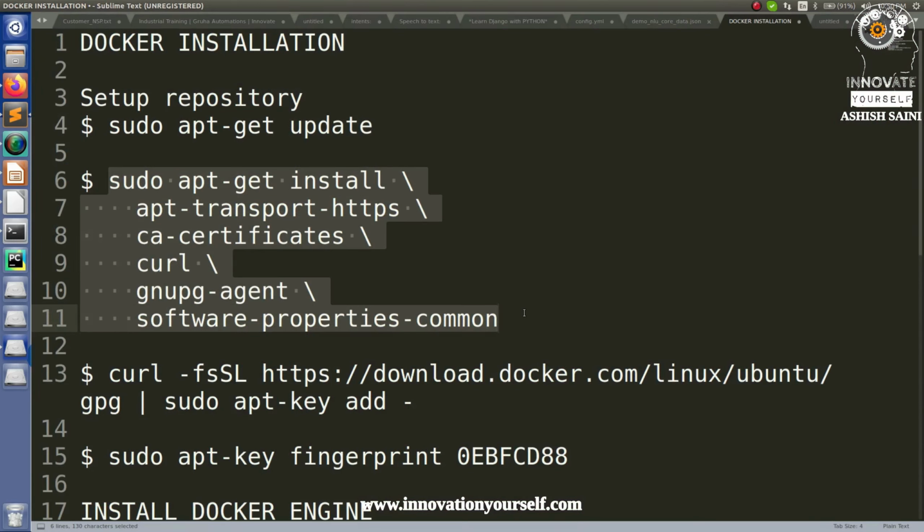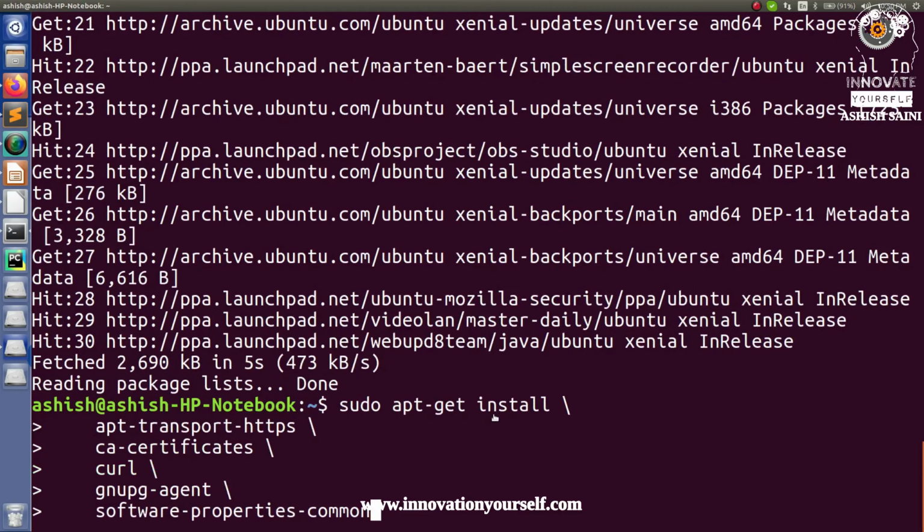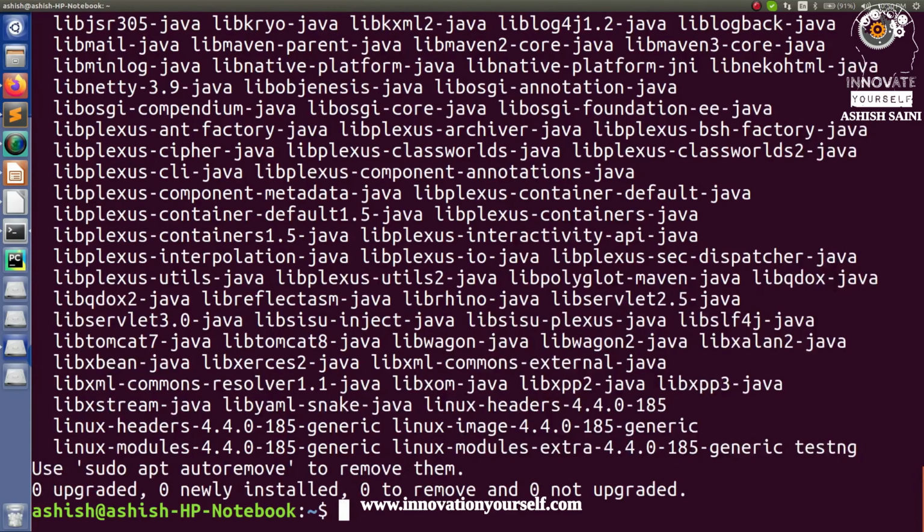I will directly give you a link in the description below, so you can just check that link and you will get all the commands, all the execution queries, whatever I'm writing in here, and you can further directly apply it there, right? So don't worry about that. So let's run the second command. Now let it also run.